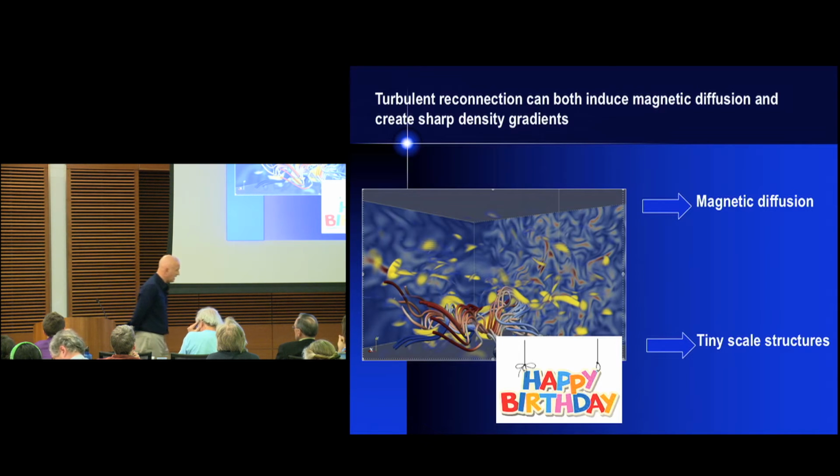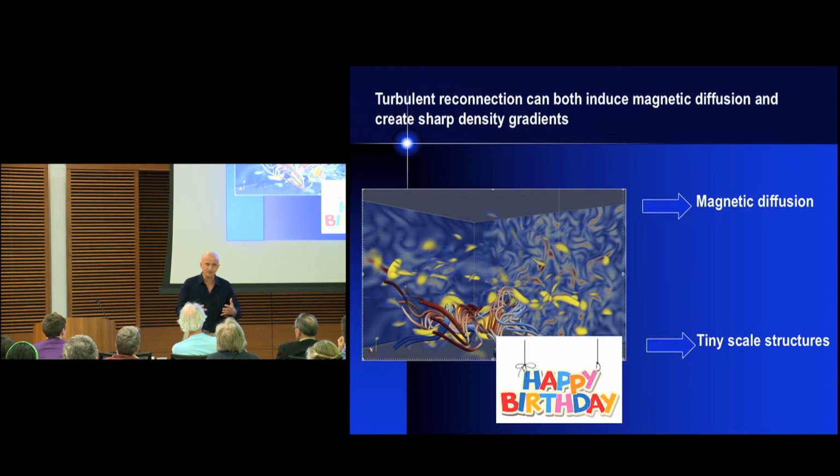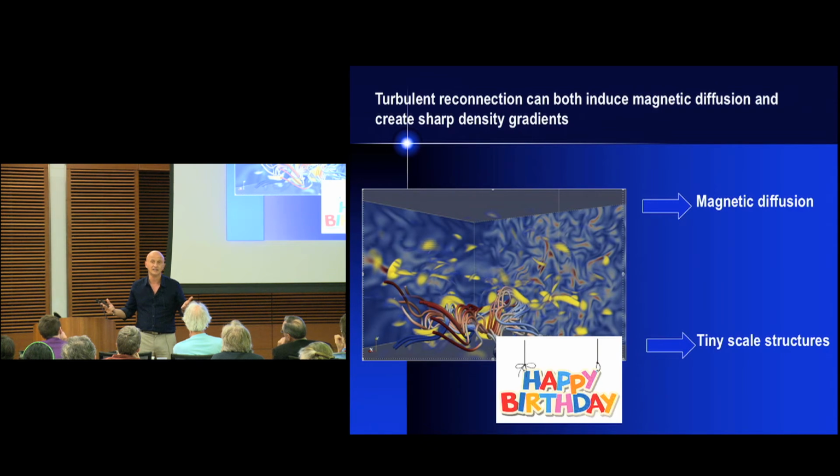Right. This is a profound physical question: why do we have, in partially ionized gas, more important for turbulence the effects of viscosity or the damping compared to resistivity? Well, resistivity in partially ionized gas, for example in 10 to the minus 4 ionized neutral media, is very similar to the resistivity of fully ionized gas.